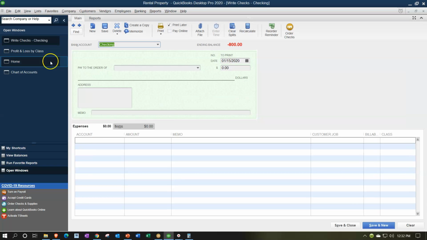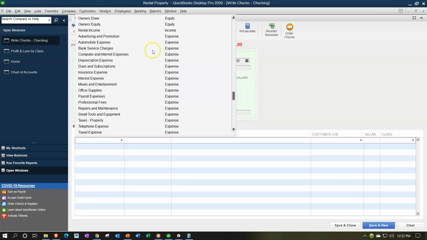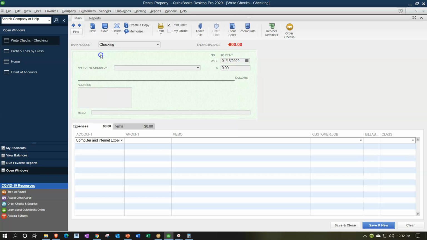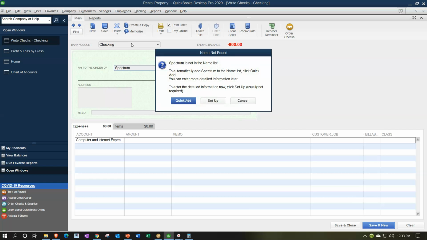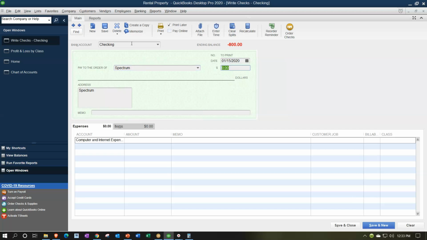So I'm going to go back on over and then say, let's do another one. So advertising, and then we had automobile. I'm not going to deal with the auto. We dealt with that in the Schedule C, and obviously you have similar kind of breakout problems between business and personal and whatnot. So let's go to the computer and internet. Now this may be something that you're going to be charging for one, but you might be using business and personal for this one as well. So let's put the computer and internet, we're going to pay Spectrum. And I'm going to say quick add vendor. And let's say this was